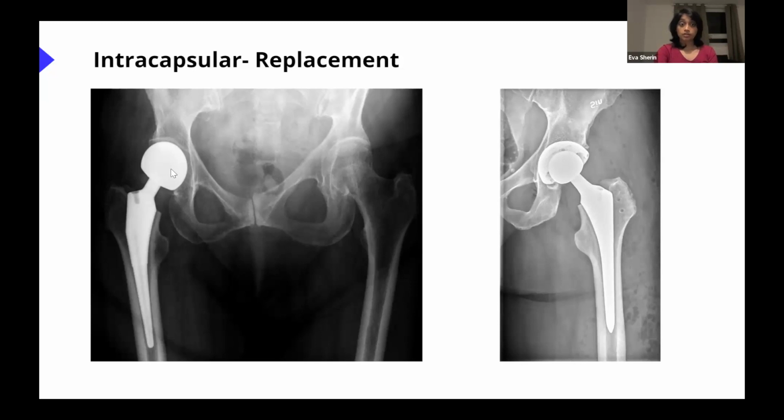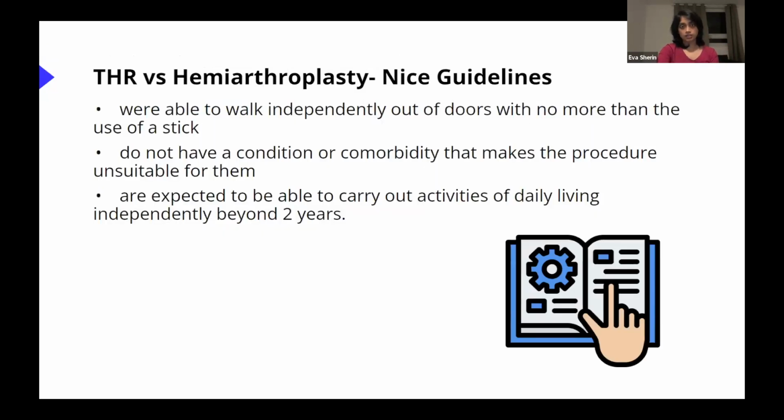We just need to know that we can do a hemiarthroplasty and a total hip replacement as well. The criteria to find out which we can do for which patient is actually given in the NICE guidelines. So any patient who is able to walk independently out of doors with no more than the use of a stick, pretty much basically saying that the patient is well enough to take care of herself, go grocery shopping on her own, carry back her things, is able to live independently and does not have any significant condition or comorbidity